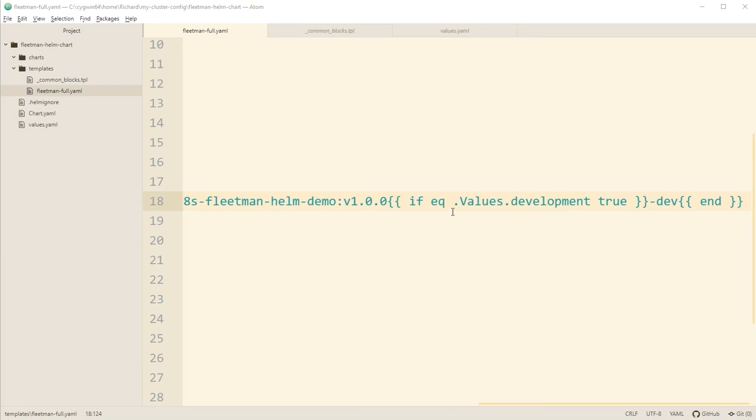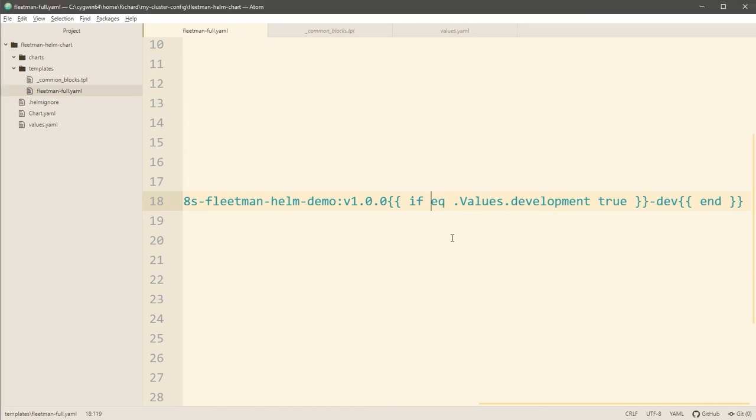Another final piece of syntactic sugar here is that, just as in any other programming language, when you're working with a Boolean, you don't need to test if a particular value is true or false. You can simply, and we can lose the equals now, that was needed when we were working with an arbitrary string, and we can lose the true. Because development is a Boolean, this is now automatic. So this is going to evaluate to if true and if false, if the value you're working with is already a Boolean. So I think that looks a little bit neater and it's more readable.